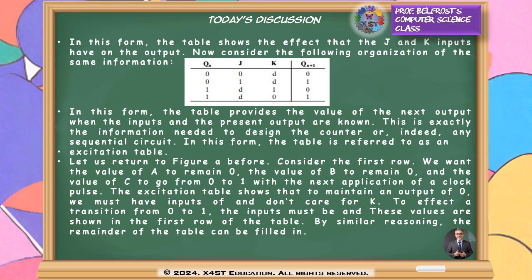Okay, when we return to figure A shown in the previous slide, let's consider the first row. You want the value of A to remain 0, the value of B to remain 0, and the value of C to go from 0 to 1 with the next application of a clock pulse. Then the excitation table shows that to maintain an output of 0, we must have inputs of 1 and don't care for K. And to effect a transition from 0 to 1, then the inputs must be